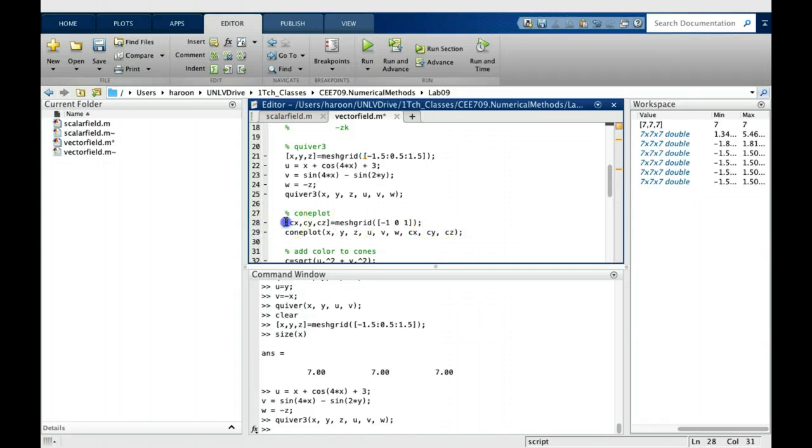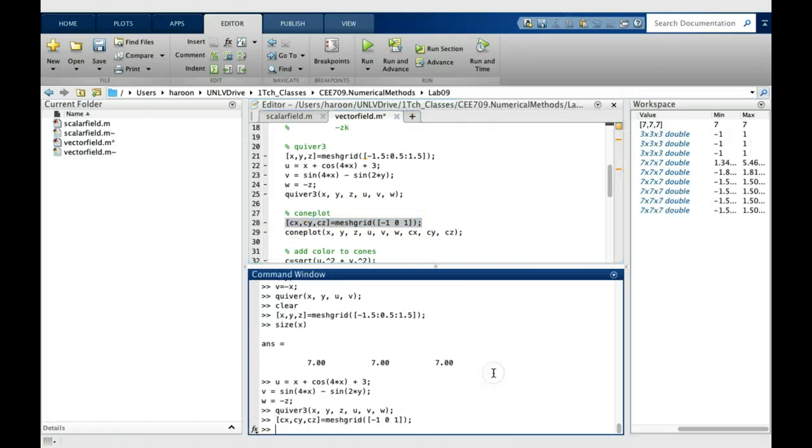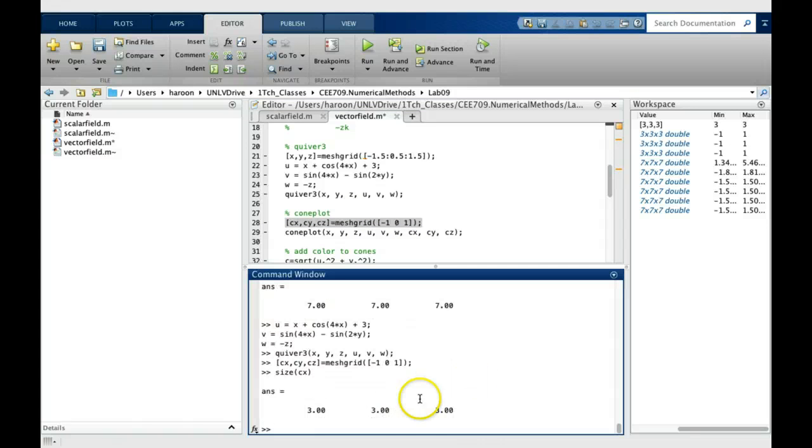So I can define a grid at which I want to place the cones. I want to place the cones at -1, 0, and 1 along each axis, and I can create this. So you can see this will be a 3 by 3 by 3 kind of grid. And it's going to be -1, -1, -1, -1, 0, -1, along the x-axis, along the y-axis, so there'll be 3 times 3 times 3, 27 points at which these cones will